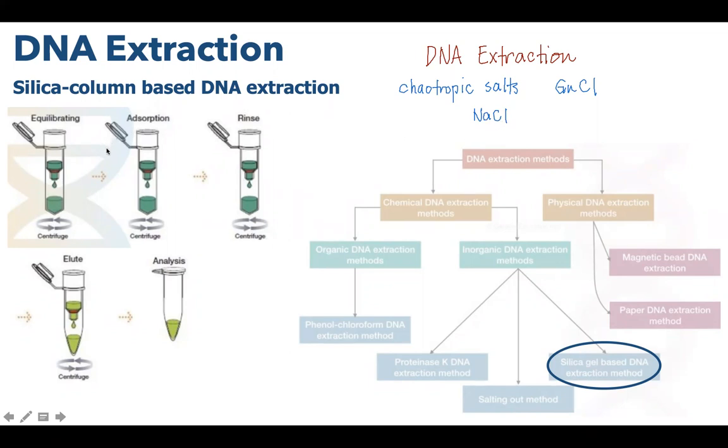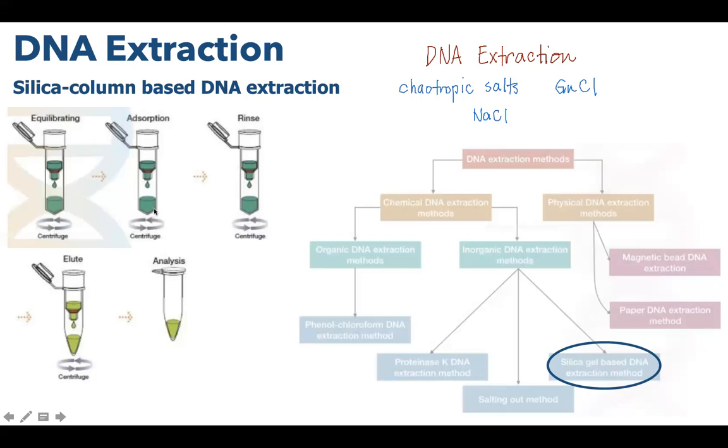Take note, silica is negatively charged. Your DNA molecules are also negatively charged due to the phosphate groups. One most likely explanation for the action of sodium from sodium chloride is that the sodium ions first interact with the silica. And then the DNA molecules will now have affinity to the sodium ions attached to the silica. So the sodium ions act like a bridge between the silica in the column and the DNA molecules, allowing purification